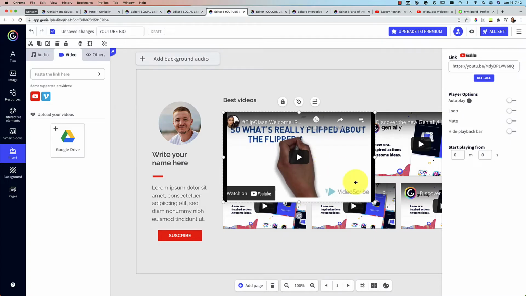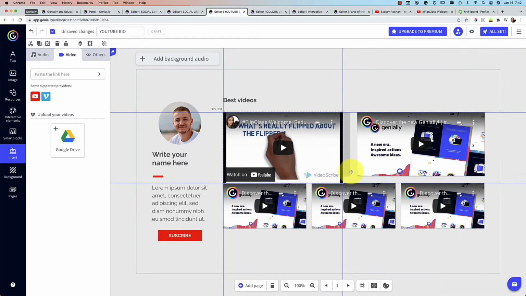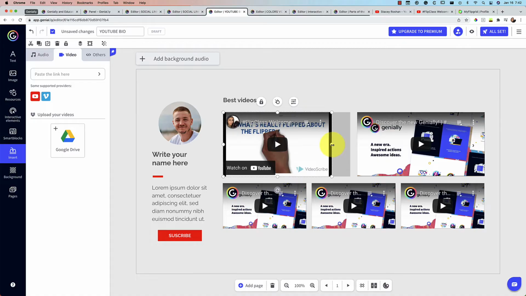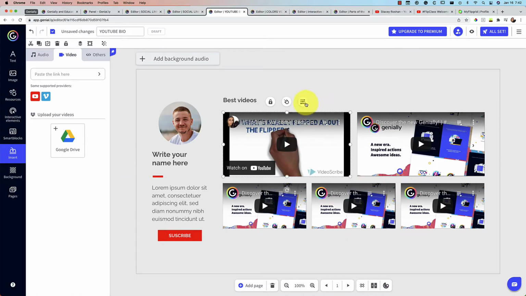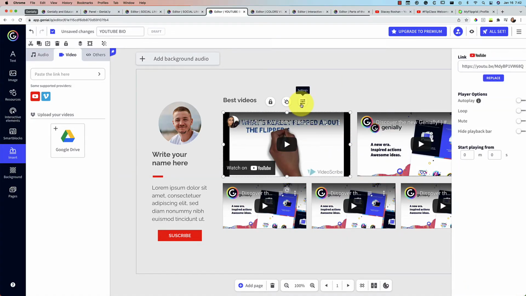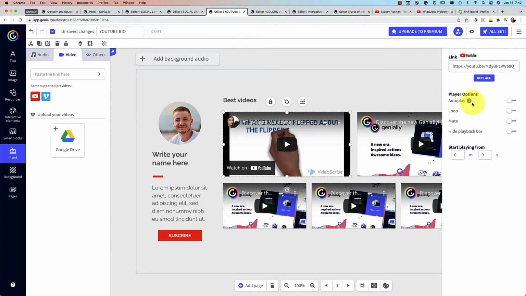Then I can resize it here. I even get the menu that you'll see pop open on the right. It closed, but I can bring it back up by pressing the settings. And that would allow you to even start it at a specific time. If you don't want the whole video to play, you can add a start and end time, and all of those good things over there.